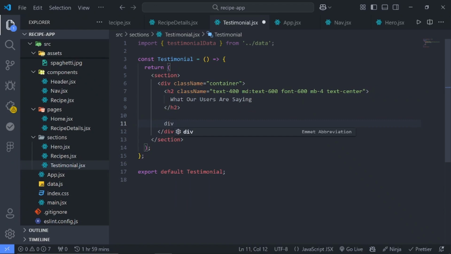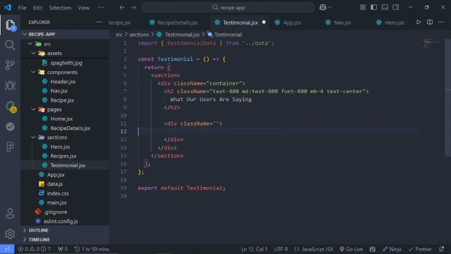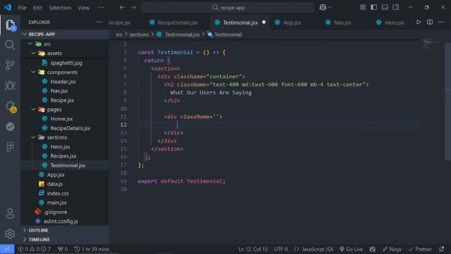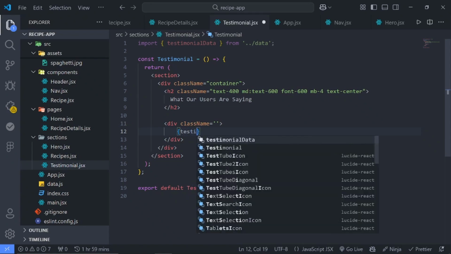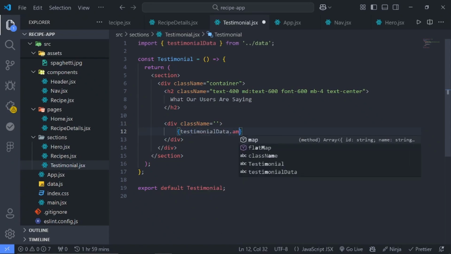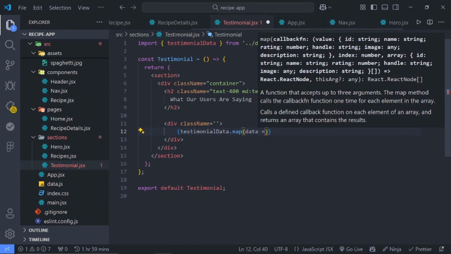Then we'll also have another div that will hold the entire testimonial data. So this div right here, the class is a very long one. So what I will do is I will just display the testimonial data first. I feel it's going to make more sense. So we'll say testimonialData.map and map over each of the data,